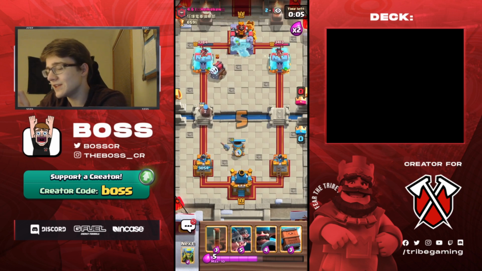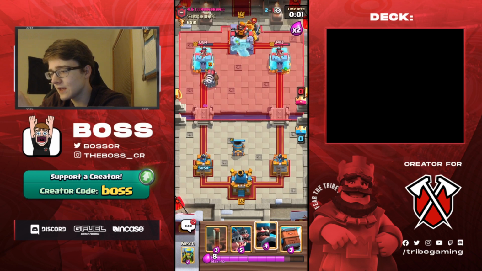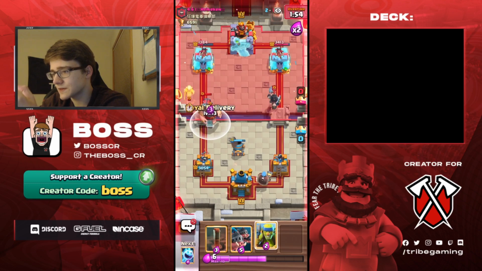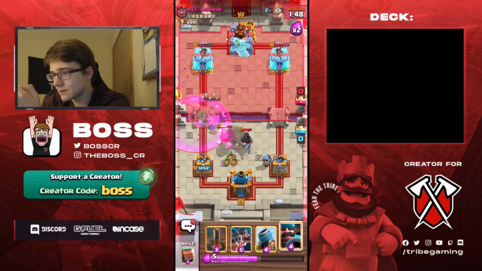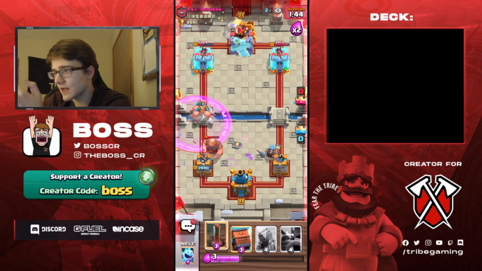I still think we're capable of doing it, and if not, then this is just going to be a very long game. It's basically just going to be me playing defense, because I don't want to play Royal Hogs in the opposite lane, considering I have no damage. I just think I should try to play good defense, and that's my best bet. But now I think I can go Royal Hogs, because he doesn't have enough to...